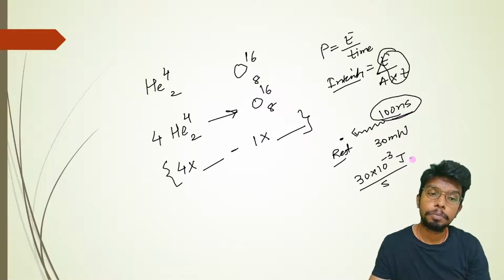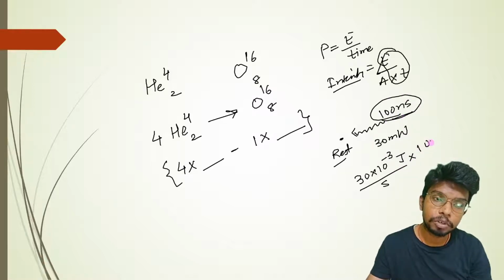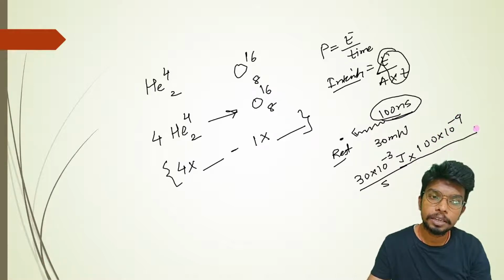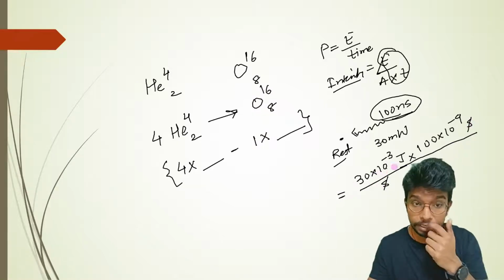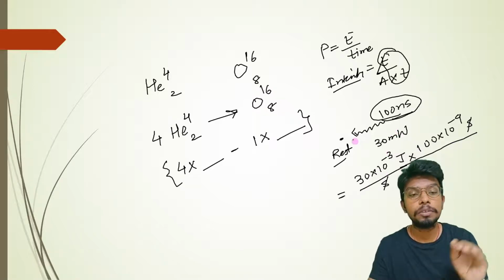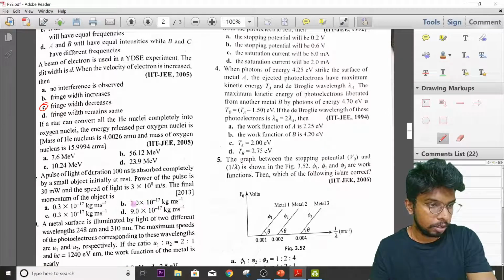So this is the amount per second. So in this much time it is going to produce 100 into 10 raised to the power minus 9. This is the energy which was generated by the pulse in this time. So basically this is the amount of energy which is going to be transferred, or given, to the particle at rest.